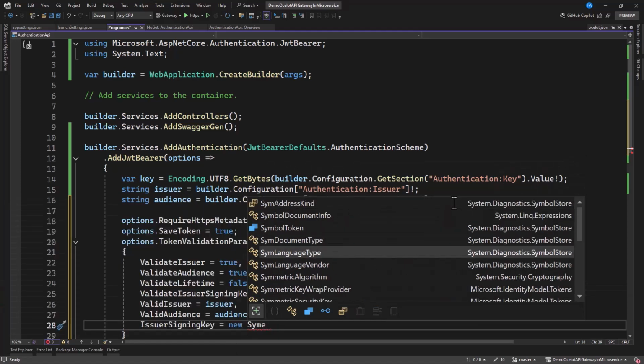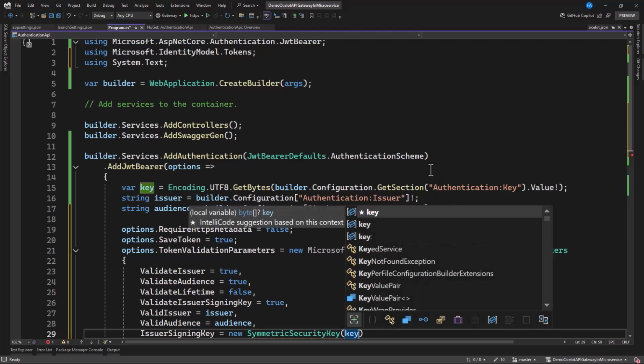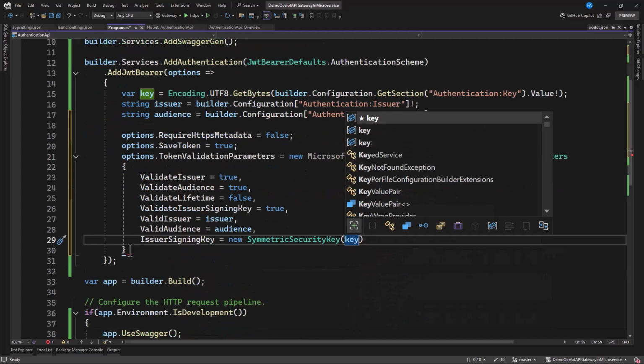So we can get it from here, and now let's pass in the key that we have from our app settings, and that is this key. Okay, so we have the settings being set up.